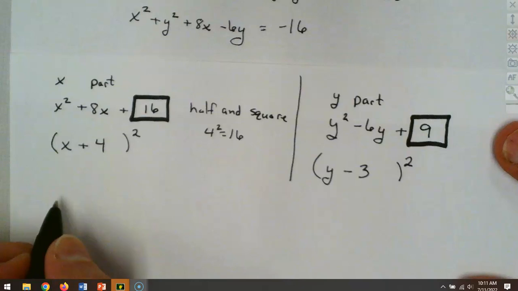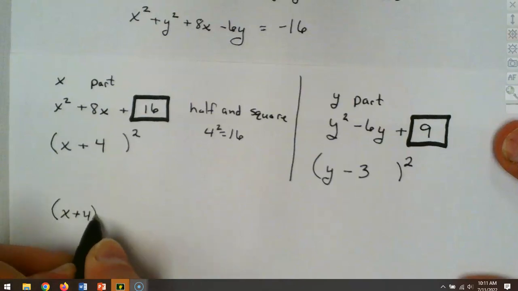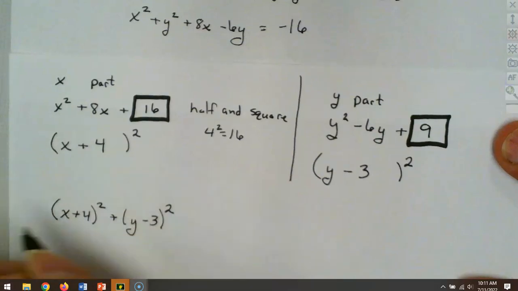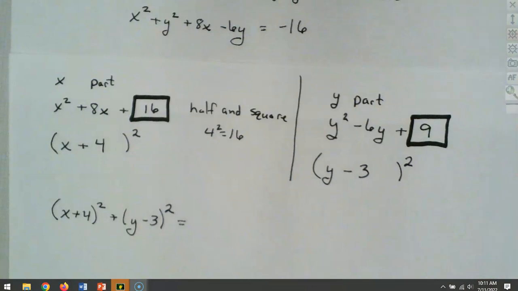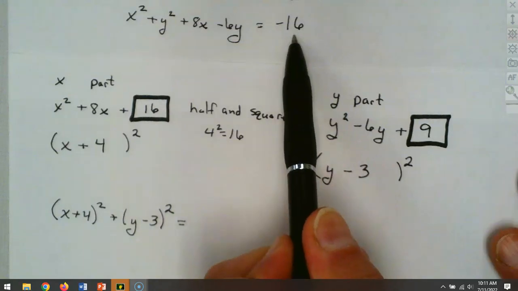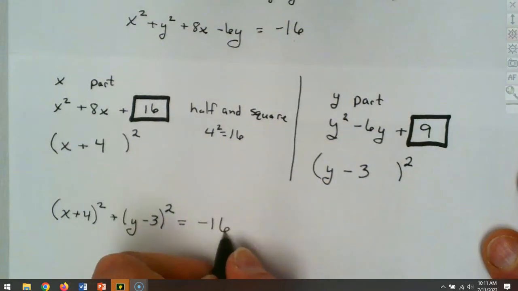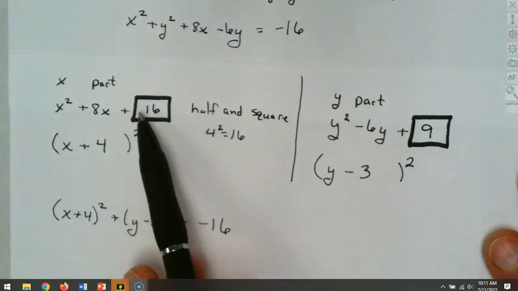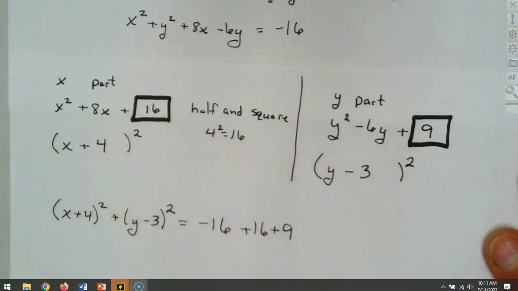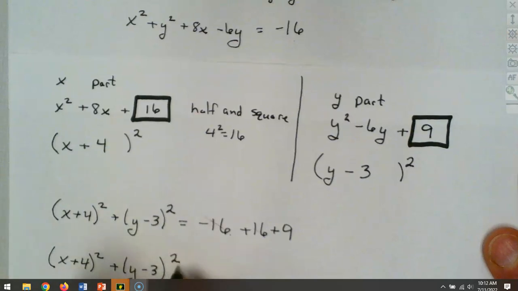Now we rewrite it as x plus 4, quantity squared, y minus 3, quantity squared, and then what was it equal to before? Well, if we remember up before, it equaled that minus 16 up here. So we've got a minus 16. Now, what are we adding in? What's in our black boxes? 16 and 9. So add in a 16 and add in a 9. Those could cancel. And so what's left over is x plus 4, quantity squared, y minus 3, quantity squared, equals